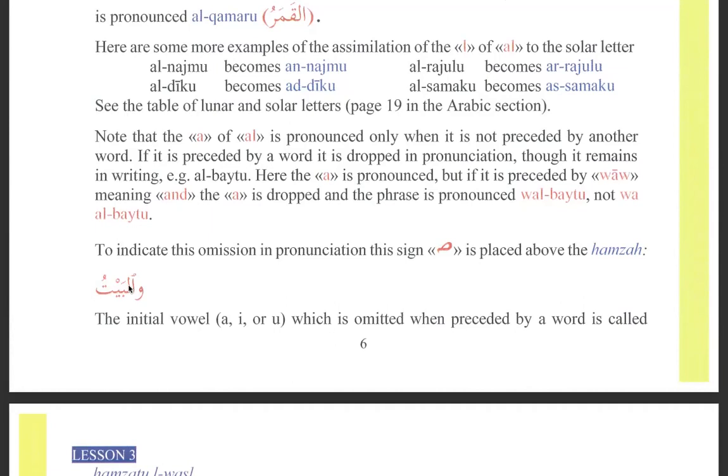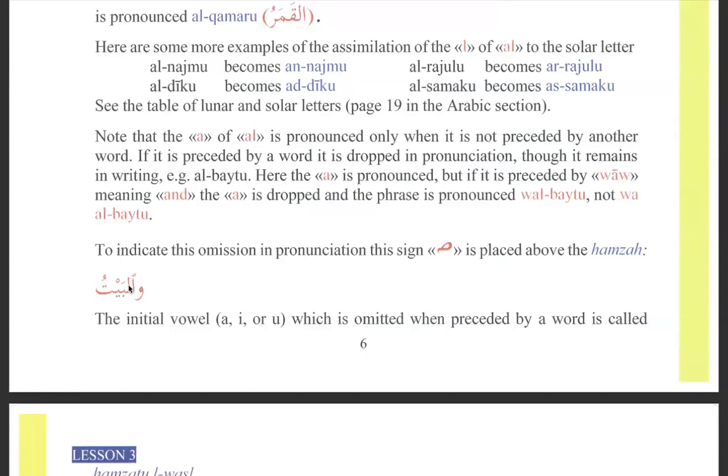Technically it makes sense, but in terms of reading, you don't read it that way. You connect it. You say wal baytu, not wa al baytu. Or for example, washamsu. You don't say wa ashamsu. Or a table: you don't say wa al maktabu. You say wal maktabu. Wal qalansuwatu, والساعة, والنظارة, والحذاء. You connect the wow with the lam, or the harf shamsi.